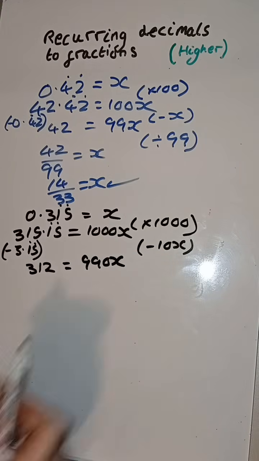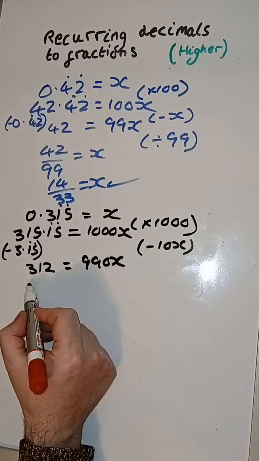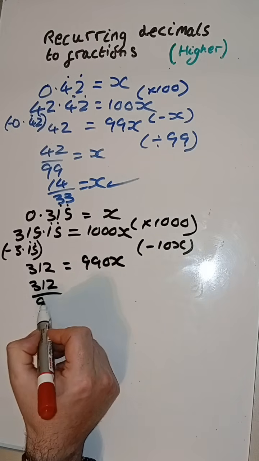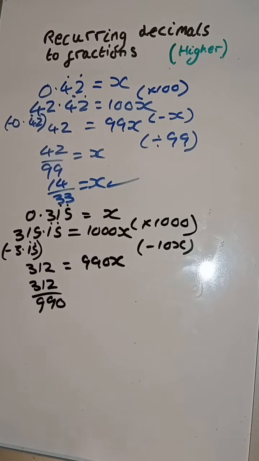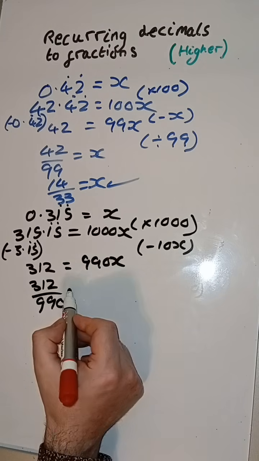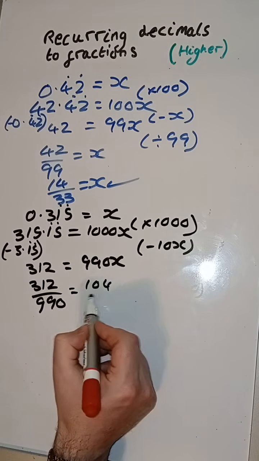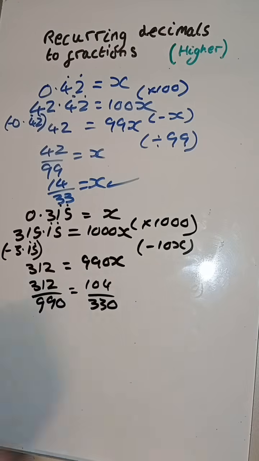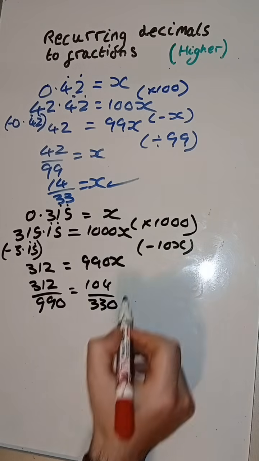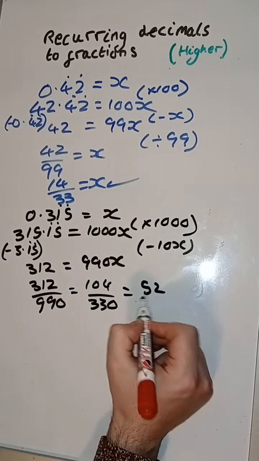Lovely. Nearly there now. So we can divide by our 990. So I've got 312 over 990, not 9990. There we go. And now we can simplify that. We could divide by 3, and that will be 104 over 330. They're both even, so we can halve both of those and get 52 over 1